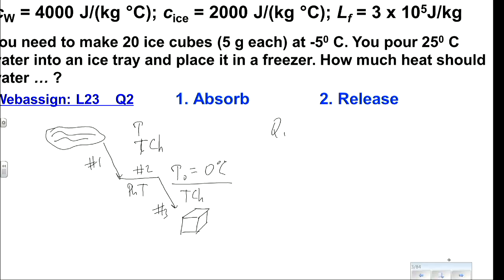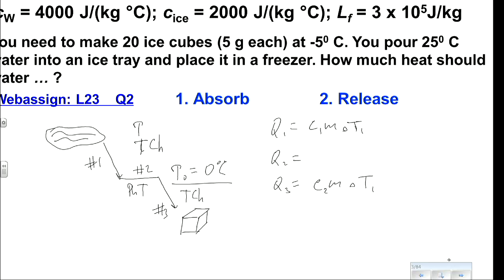we can write an expression for the amount of heat related to this process. For the temperature change, the equation is the same. Now, we need to ask a question. What variables should be the same? What variables should be different? Well, water, or we call it liquid water, and ice, or solid water, they have different specific heat capacitance, and the temperature change is different.